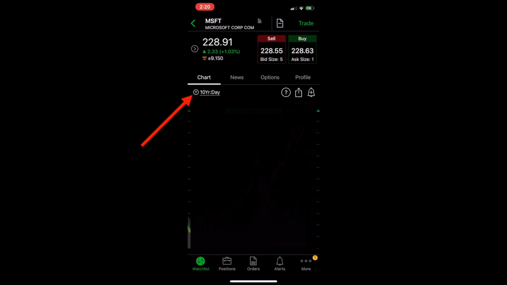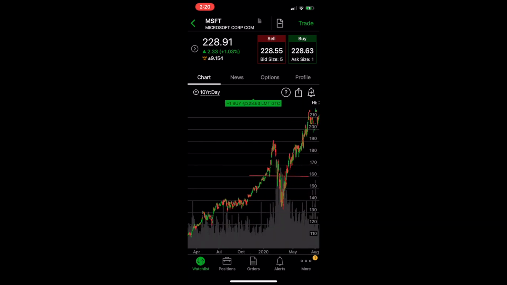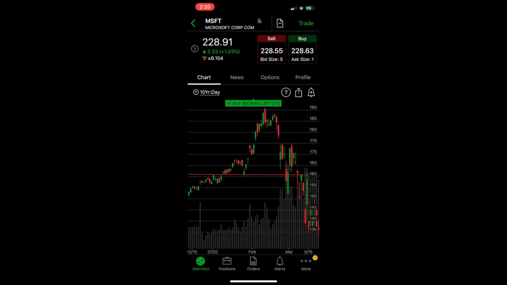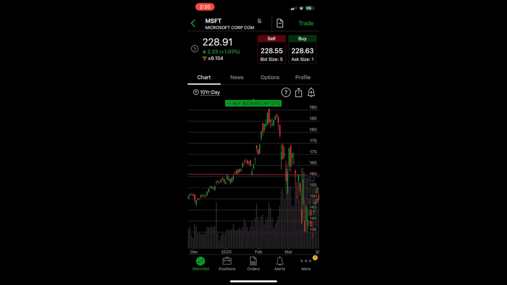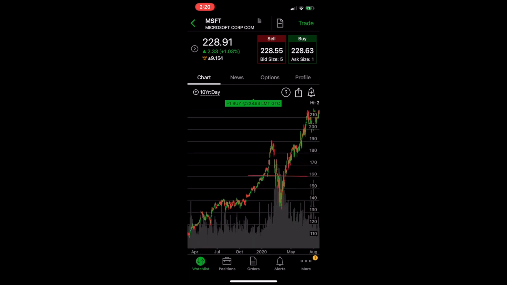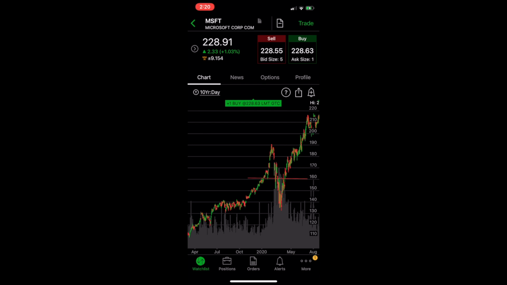Here's my 10-year chart. And now you could pinch and zoom on this chart to see more information. It's really kind of hard to use this chart in the mobile app or in any mobile phone, but if you're in a quick pinch, you can use it. If you just click on the screen itself, this little menu will pop up on the left-hand side. And this is where you can select different things such as studies. So if we click on this little beaker right here,